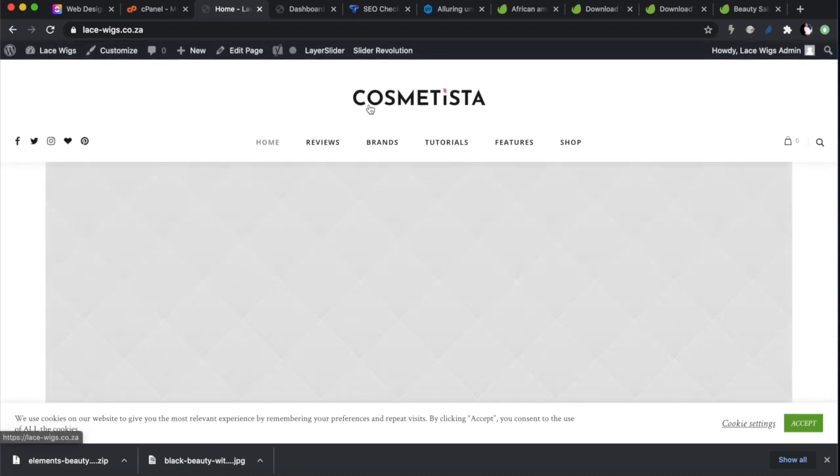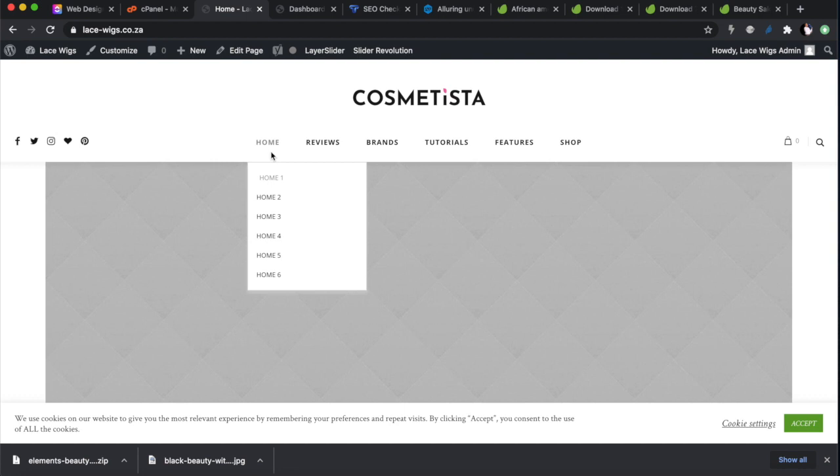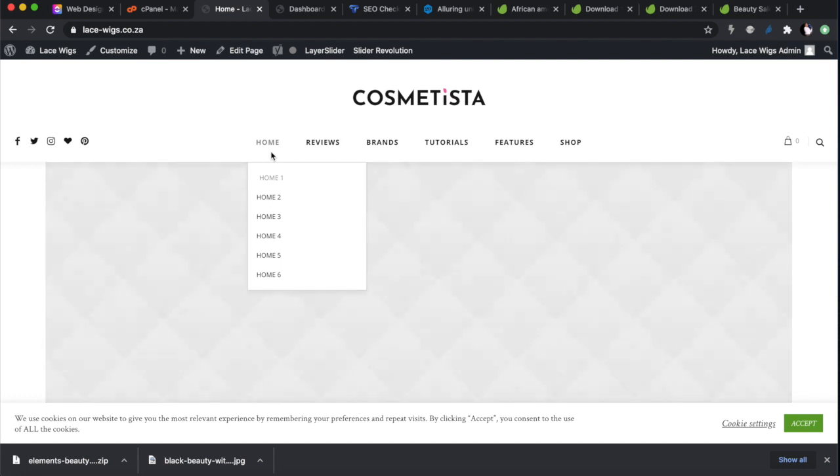The first thing I want to change here on the web design is your logo and your favicon. This is probably one of the most important elements of web design. This is your site identity. This is the branding that is associated with your website. And usually, if you're doing this for a client, you would ask your client to provide you with a logo, or if you're building your own one, you have to design your own logo. And your favicon, that's what goes up there.